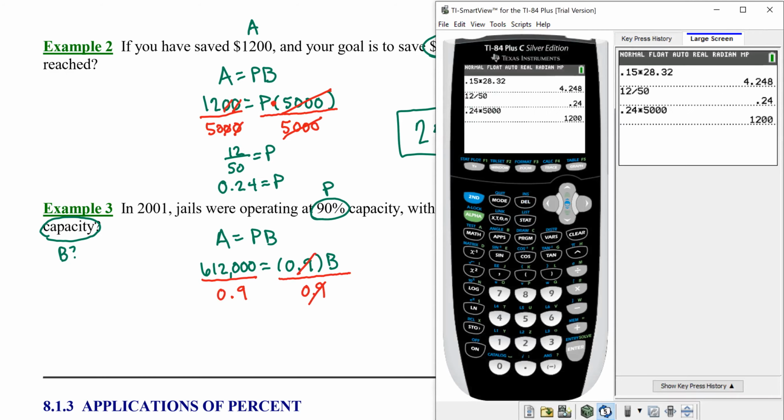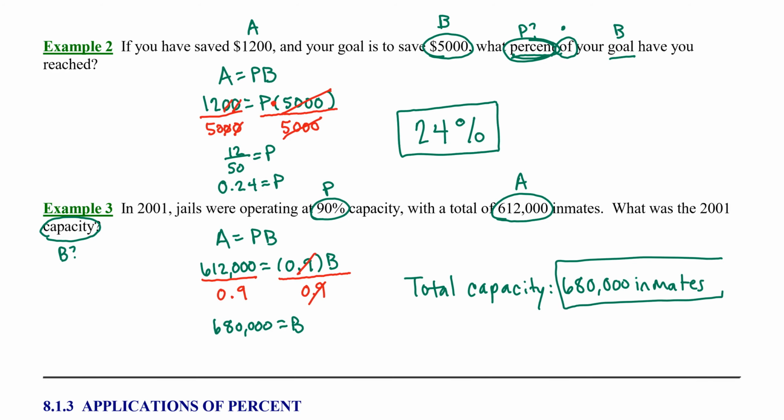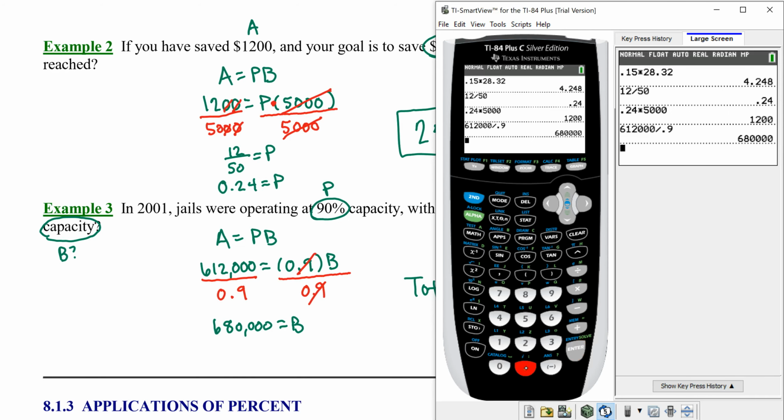So we can type this into our calculator, 612,000 divided by 0.9. And this is going to give us the total capacity. Looks like 680,000 inmates. So 680,000 was the capacity. We can double check that with our calculator by calculating 0.9 or 90% of the total capacity, 680,000, to see